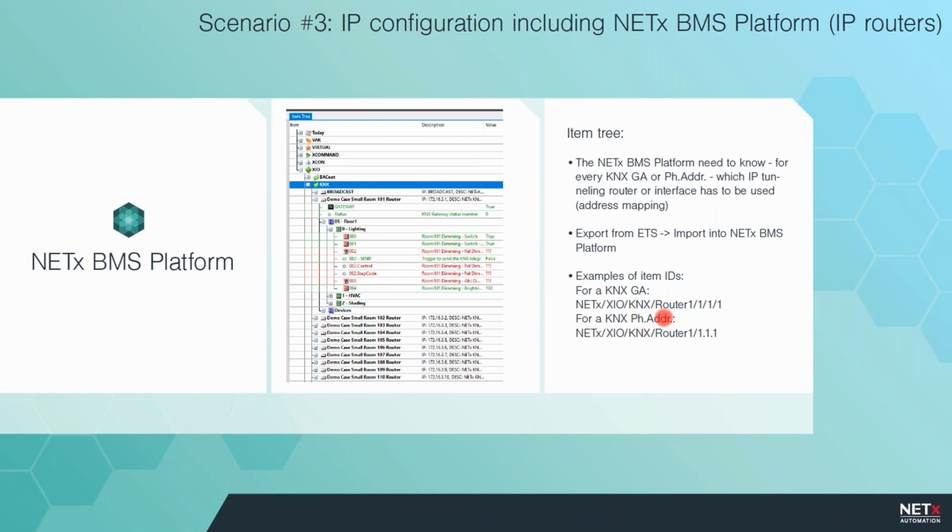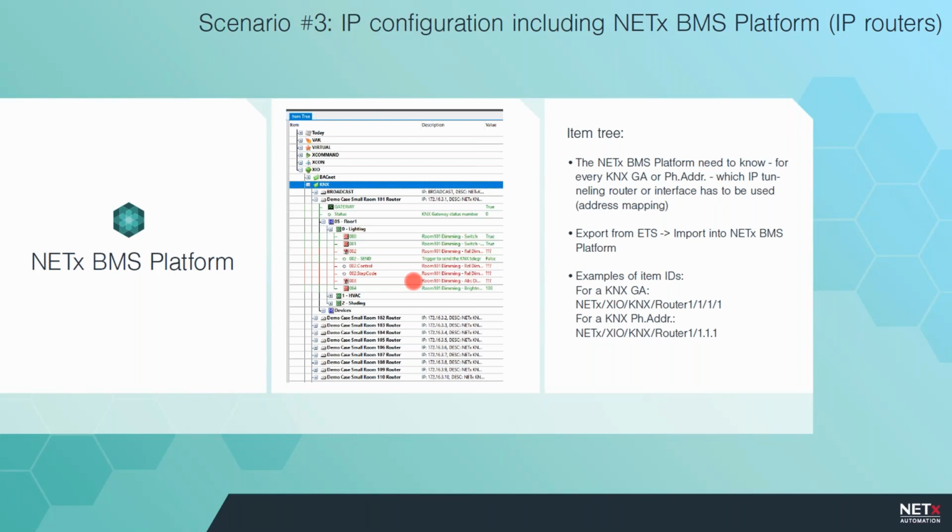So physical addresses, the individual addresses, you can also know with this name, individual addresses can also be monitored. Okay, so it's very important that we will see the gateway status. See here, the gateway status. We can see also the physical address status, and of course the data point, the group address status and values. And we can use this for visualization, for logics, or for whatever reason we will need to manage in the installations, with alarms, with trends, with calendars, schedules, events, whatever. So we will see during the training all these kind of functionalities